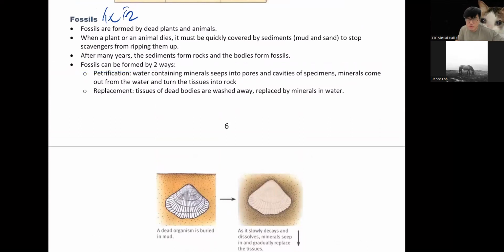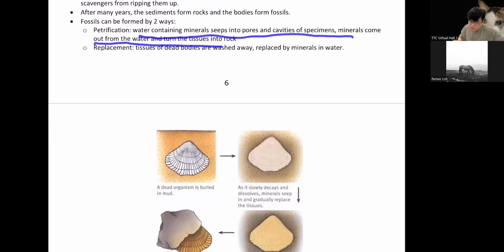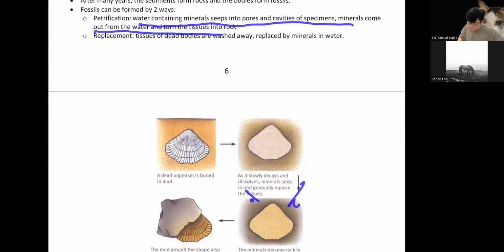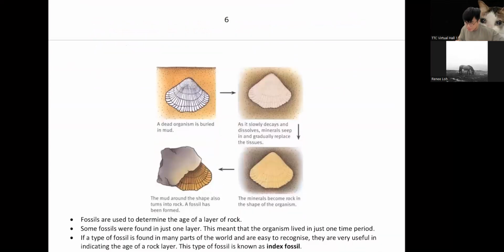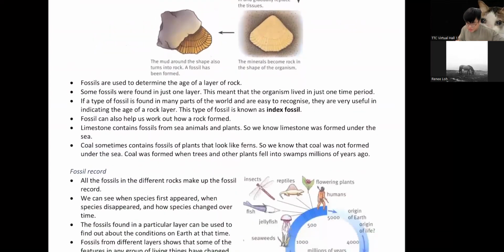这个看看就好, not really important in exam. So petrification. Water containing minerals seep into the pores and cavity of the specimen. Minerals come out from the water and turns the tissue into rock. 就是水跑进去 or replacement. The tissue of the dead body are washed away, replaced by mineral. Okay, whatever, 这个 just read for fun, not really important. Okay, so 这个就是 fossil 啦。